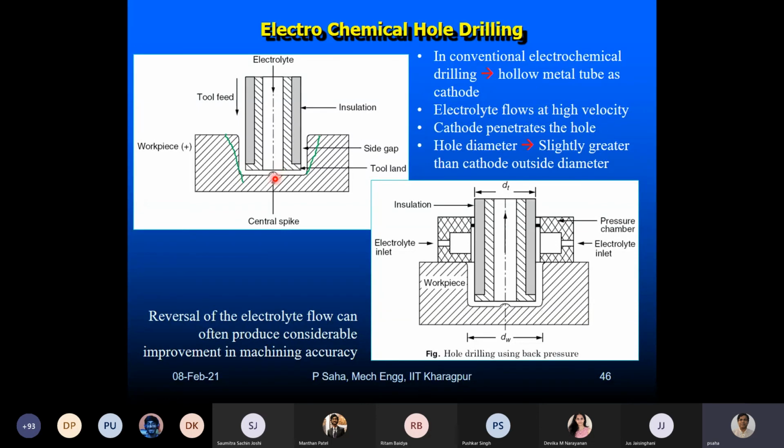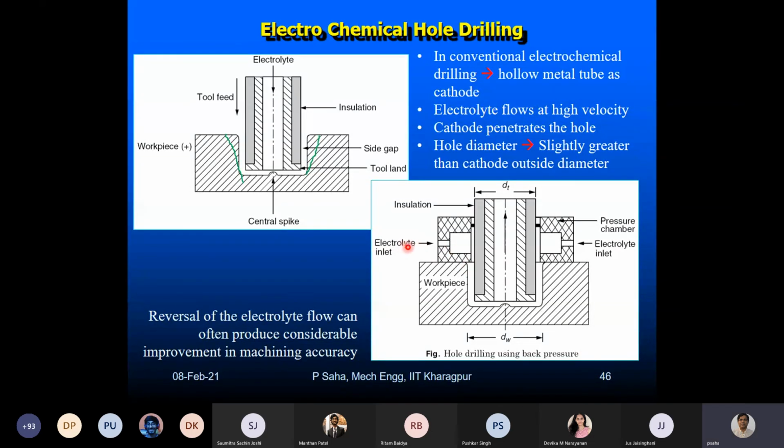So what will you do normally to flatten it out? You withdraw the tool, complete the job, withdraw the tool, then you have another ECM tool of solid cylinder, bring it closer to this, machine it and level it out. So eventually we have two settings, two different level machining, and this has to be removed by some post-processing process. Whereas if we reverse the flow, what is happening?